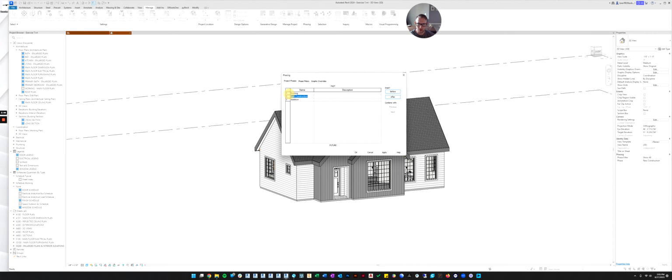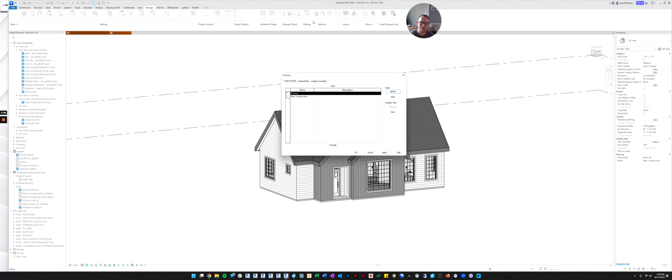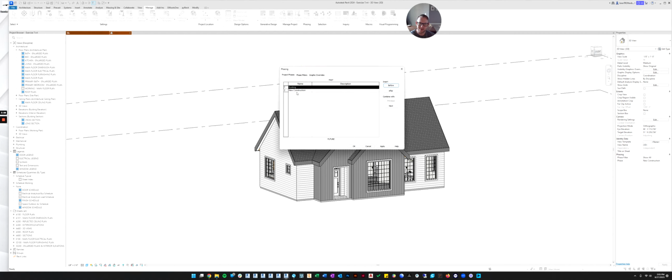You can also rename the old one. And technically this should be called Existing. Whoops. Oh, I accidentally escaped out of there. I get a little trigger happy with the escape button. Okay, so that undid everything we just did because I hit escape without hitting OK. So the other thing we can do is